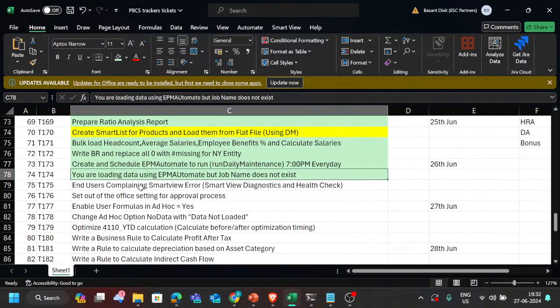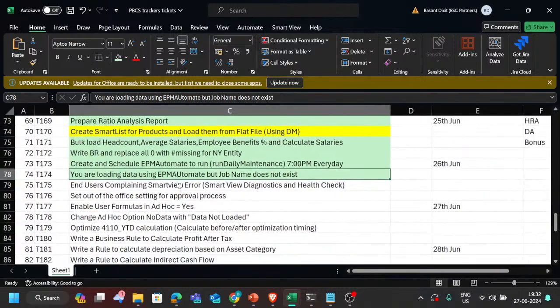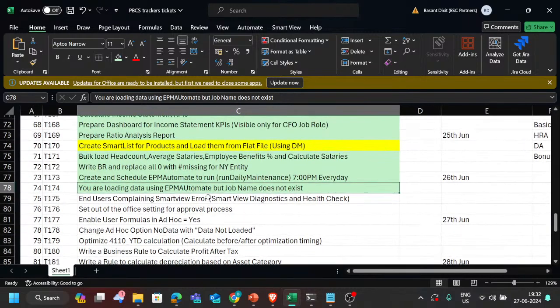Okay, the end user is complaining about Smart View errors: Smart View diagnostics and health check. So